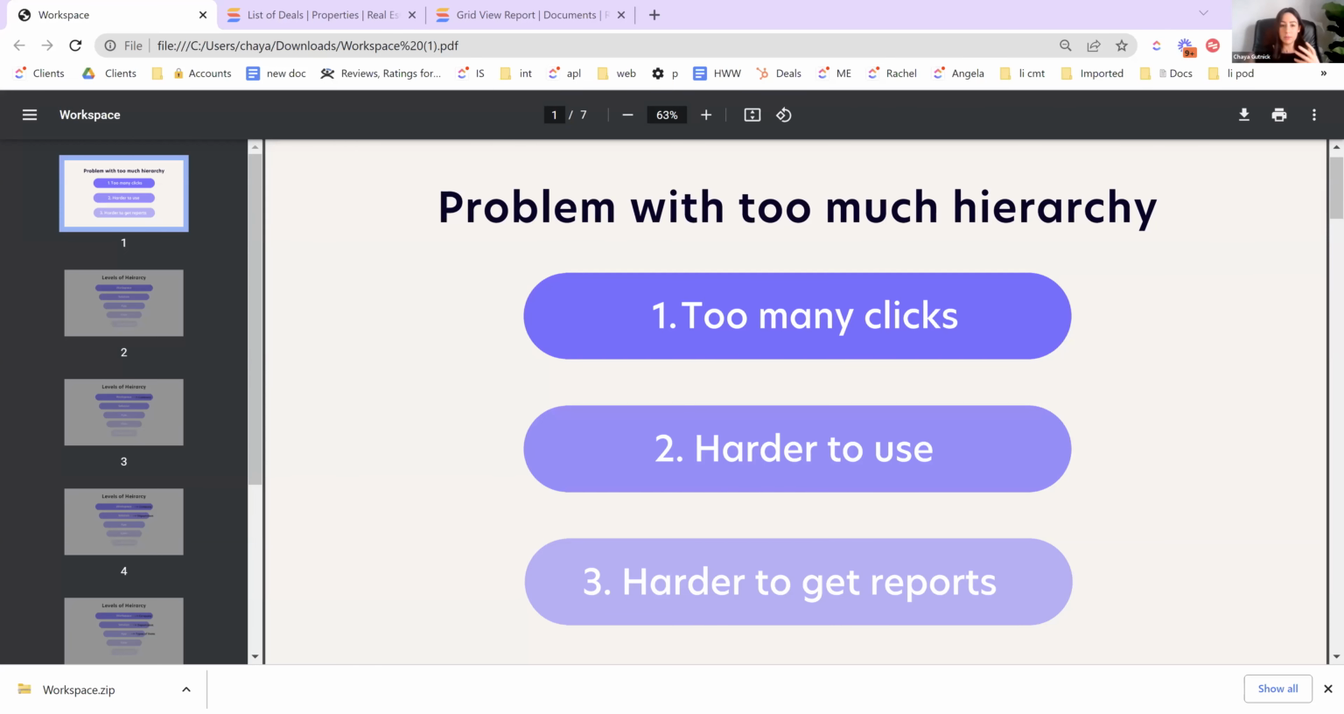These are the usual problems that come up when the hierarchy isn't set up correctly. In order to get the information you want, you have to click too many times. Either there are too many apps, too many solutions, or sometimes even too many workspaces. So it's just too many clicks to get to where you need to go. The second thing, and it's really similar to the first one, is that it's just harder to use. It's not set up in a way that flows,